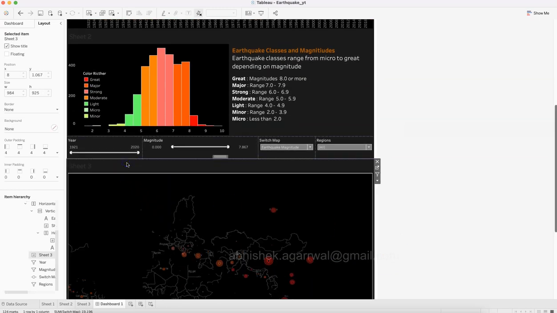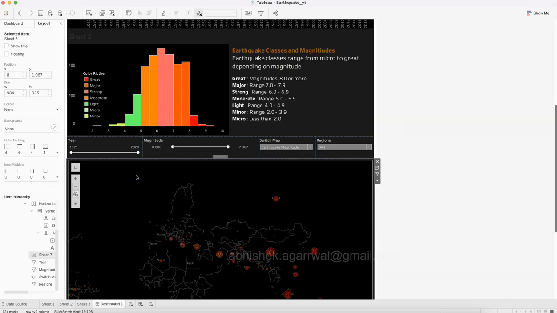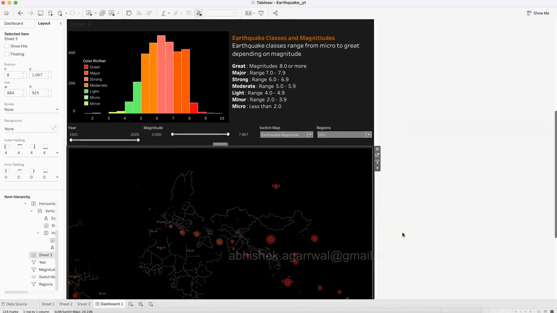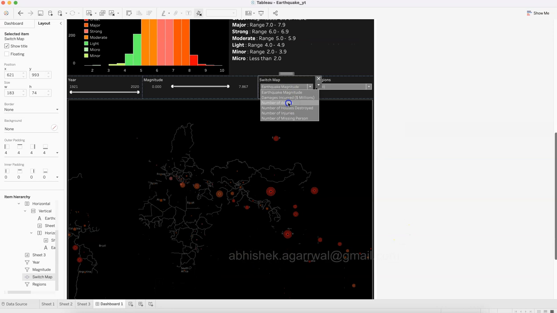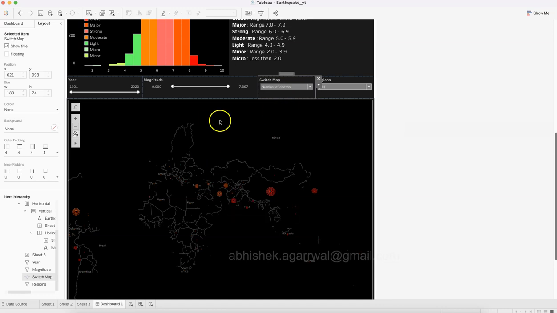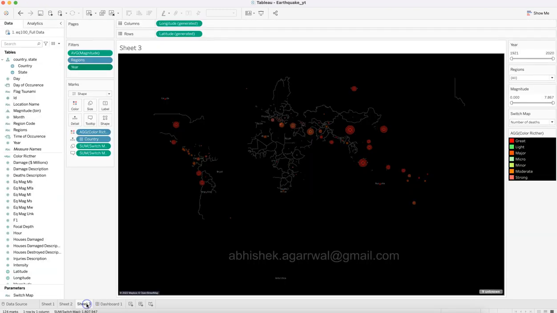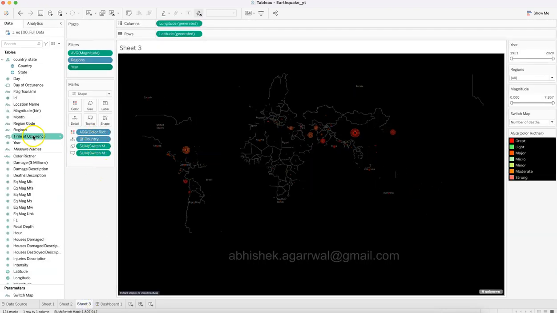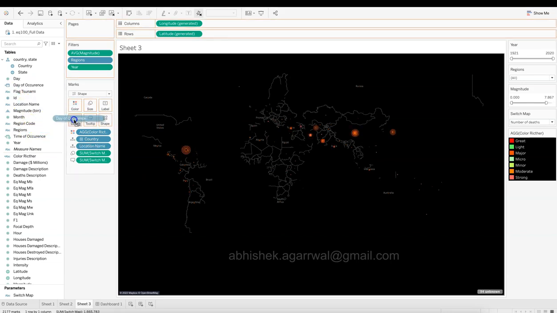Something is coming, that means it is the title. So right click and say hide title. Now if I try to change earthquake, number of deaths, earthquake magnitude, all, number of missing persons, deaths, and all of these, all of this is coming. Now you can see that the number of values is less, because I think I have not added again location, name, all of those type of values, right? Day of occurrence,